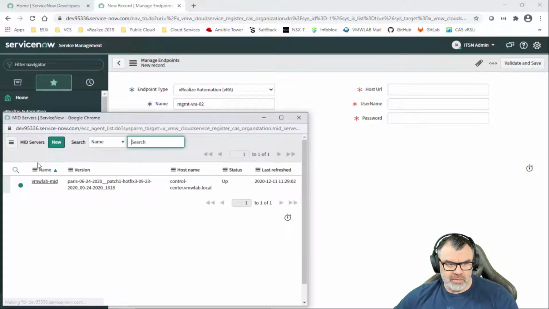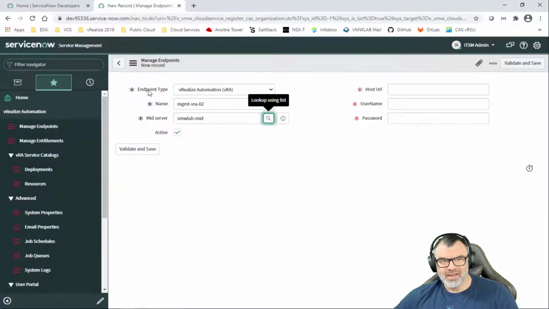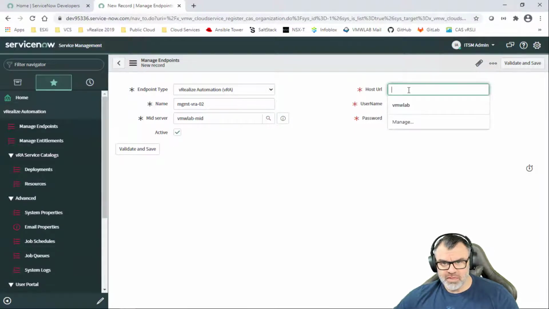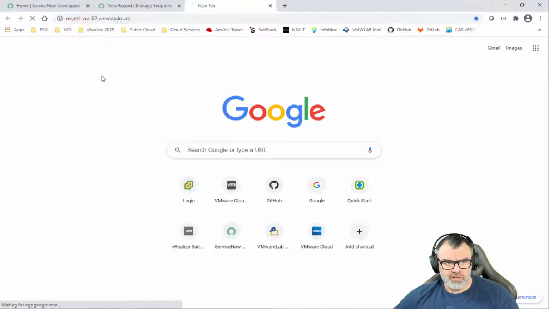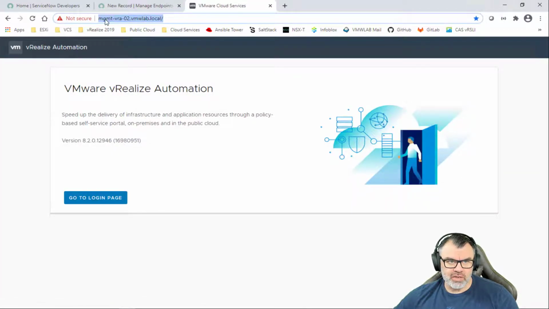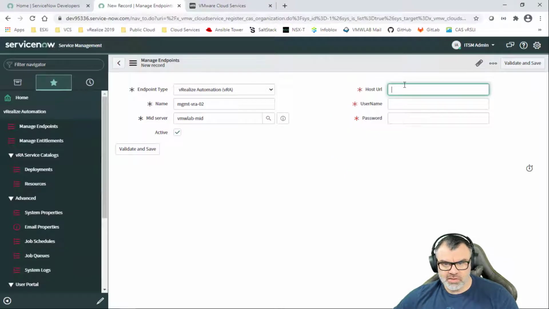I'm going to click on my MID server again, because I'm trying to connect from the SaaS ServiceNow instance that I have here and I'm working with to the on-prem instance. I've got to proxy all the requests via the MID server that we've talked about in previous videos. So I'm going to select that as the proxy to those calls that I'm going to make from ServiceNow to vRealize. Make sure the checkbox active is checked, and then for the host URL, I can simply go into my vRealize instance on-prem and copy the URL for my vRealize instance and paste it in the